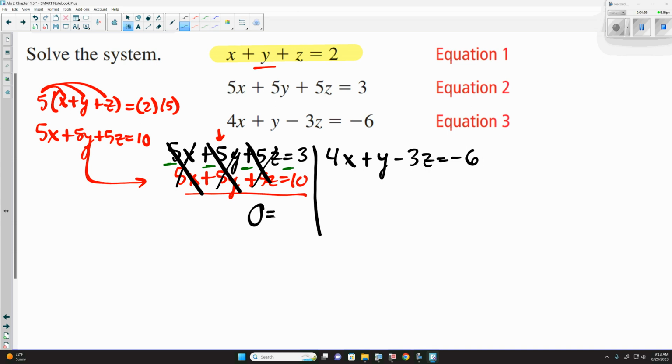Now let's look at the other side. 3 minus 10 is? Is that a true statement? So this here is